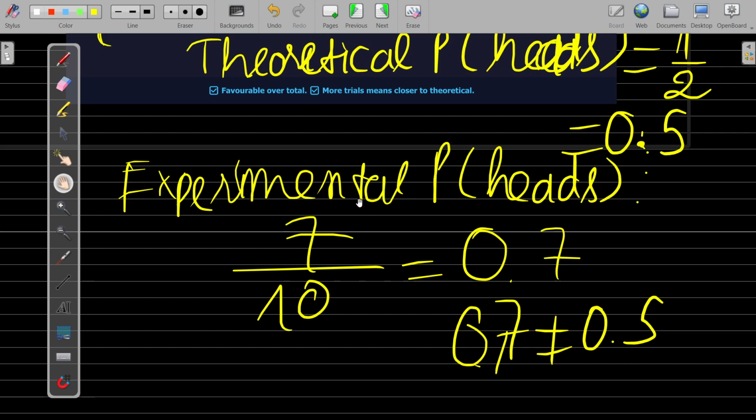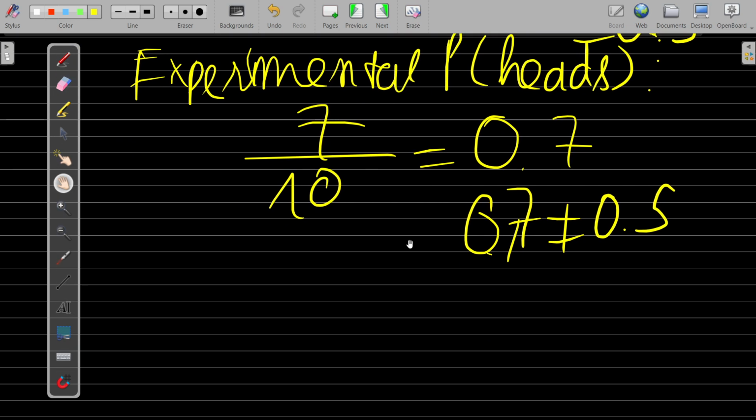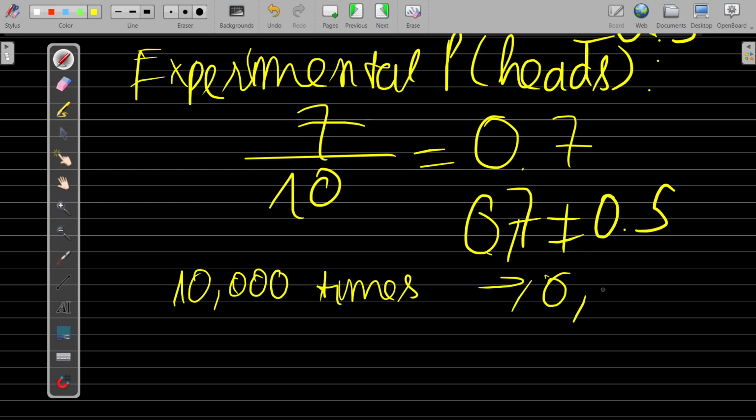But what if we programmed a computer to flip a coin 10,000 times? What would happen? More trials means that it would be closer to the theoretical number. So the limit of this would actually go to 0.5. Yes, this is a fundamental law of mathematics. If you run a small number of trials, the experimental probability will jump all over the place. But if you run hundreds and thousands of trials, the experimental probability will slowly drift to the perfect